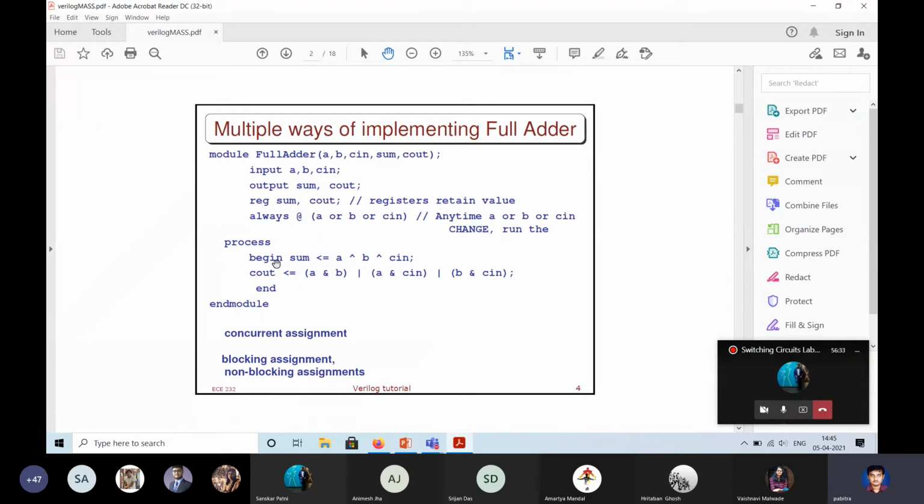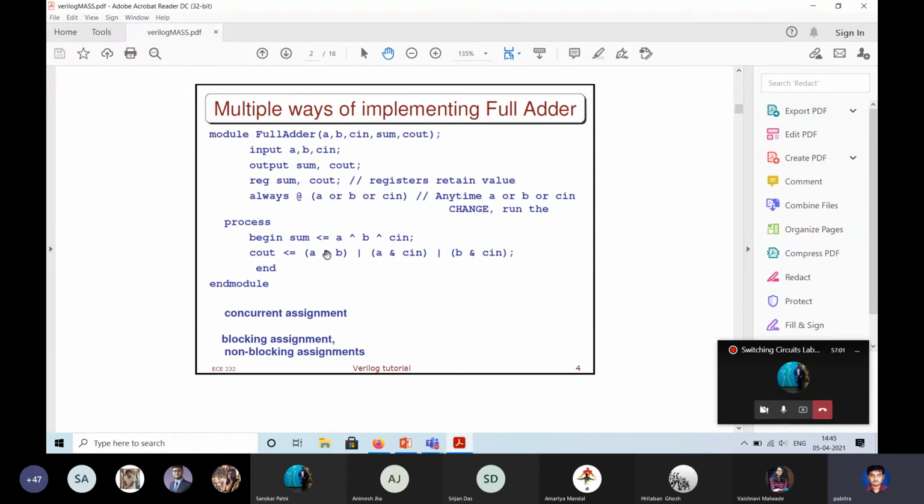I'll explain these terms again. So you begin. This is a compound statement: these two statements in between begin and end. Whenever this is true, this will happen. This is A XOR B XOR C, that is sum. And carry out is AB plus AC plus BC. This is the standard definition of a full adder.